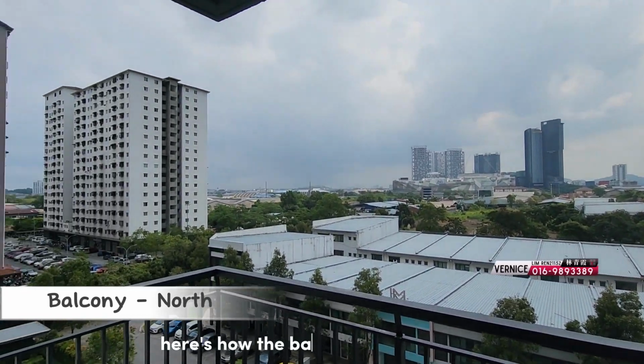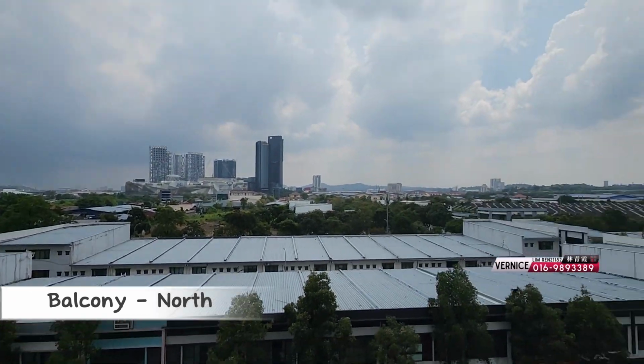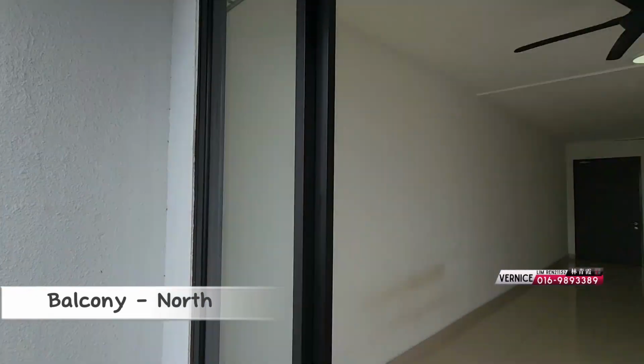Here's how the balcony view looks like. It's facing north, windy,